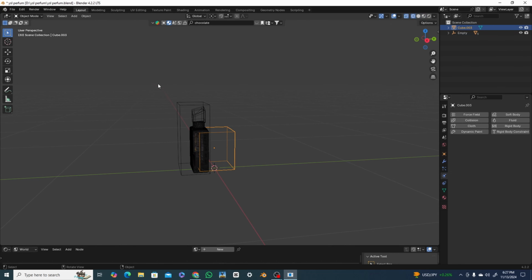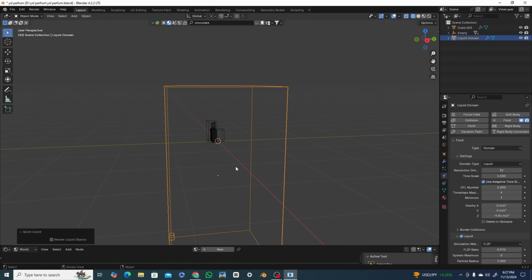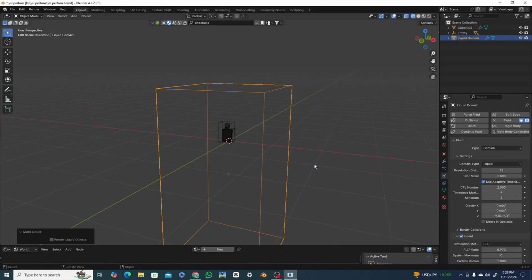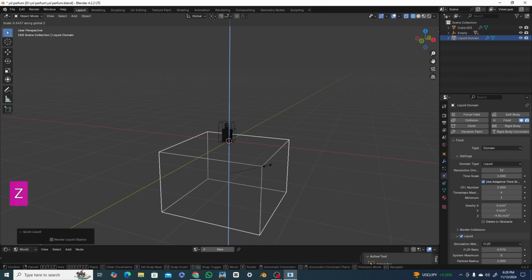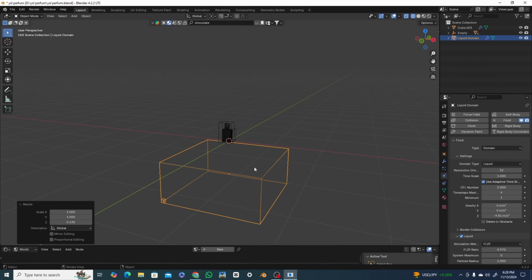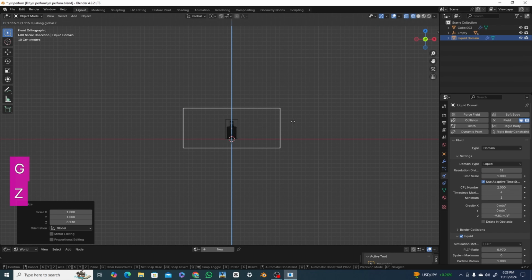Click on a cube object, quick liquid. Okay, now we want to scale it, S and Z. Scale it. Now click on 1, G and Z, a little bit. Okay,